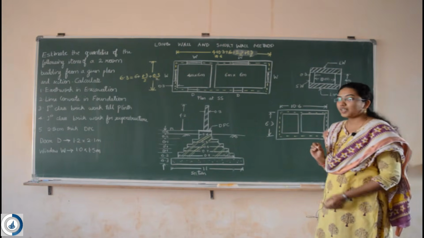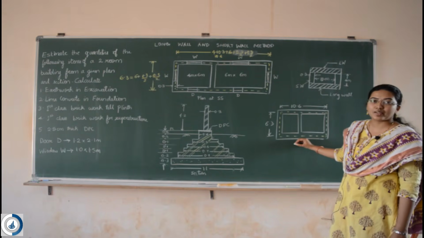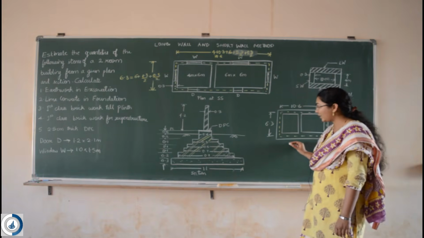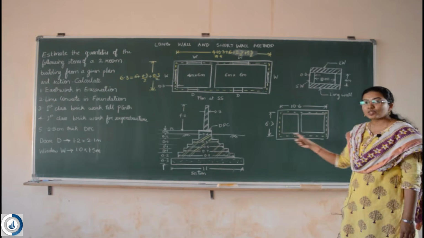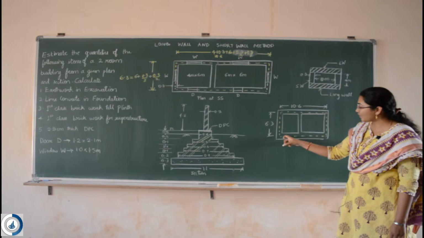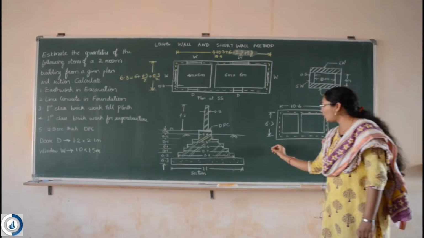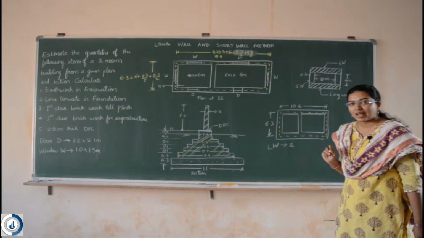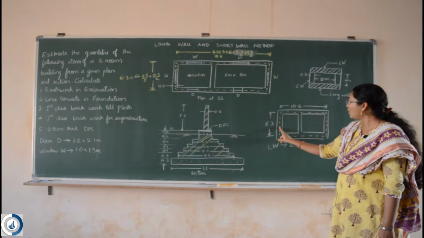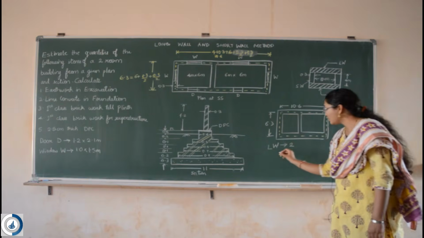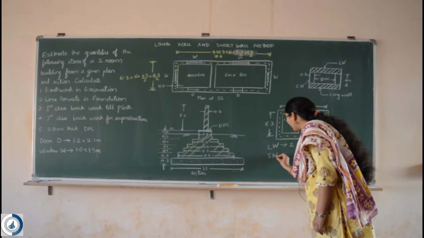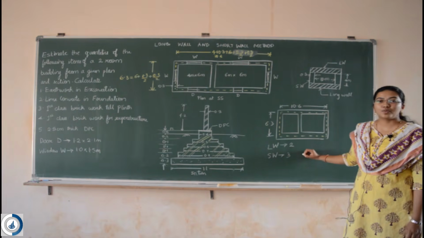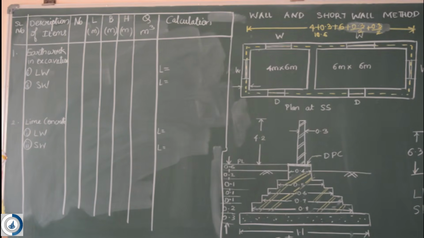Now we need to know how many long walls are there and how many short walls are there. So here when I divide it into long wall and short wall, the longer distance wall we consider as the long wall. So here we have 1 and 2. So there are 2 long walls, and coming to the short walls, 1, 2 and 3. So the short walls here are 3 in number. So keeping this in mind, we will be calculating further.